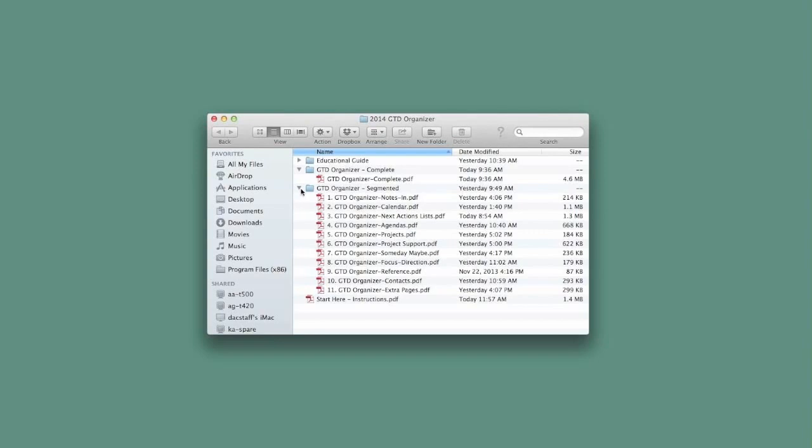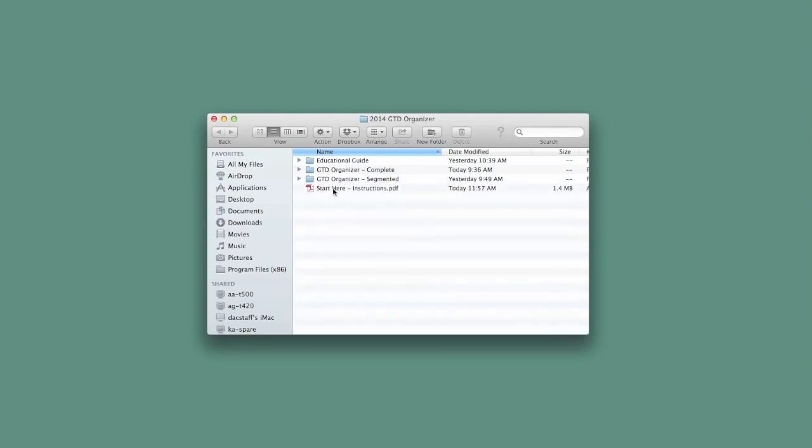And then the final component to the package, you're going to get some instructions of how to use, primarily these were written on how to use an editable PDF. It can be a new thing for people, how do you work with a PDF that you can actually edit and save your information, because that's the idea of how this new GTD Organizer is used. So let me start off, and I'm just going to show you the complete one so you have an idea of how this is used.